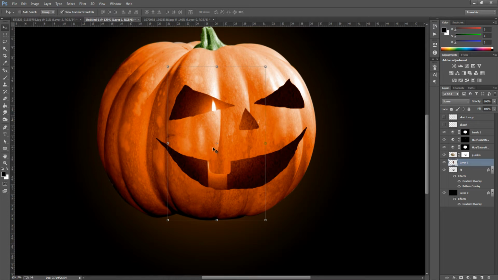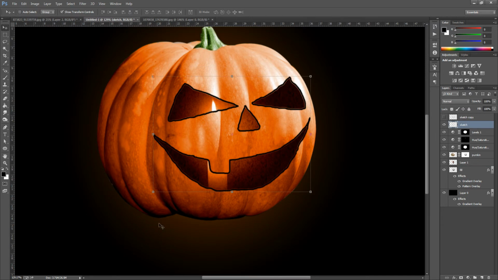And then the next thing we're going to do is add a few more sketches to the sketch copy. So all we're going to do is go up to sketch, click that on, and we have our sketch already done now. And we're going to add a few more lines to this. So we're going to use the paintbrush tool for this, and I will say use the paintbrush tool because as we're doing the inside lines of the mouth, so you can see all the inside bits that we just cut out, we need it jaggedy to amplify the effect, so definitely go for the brush tool.